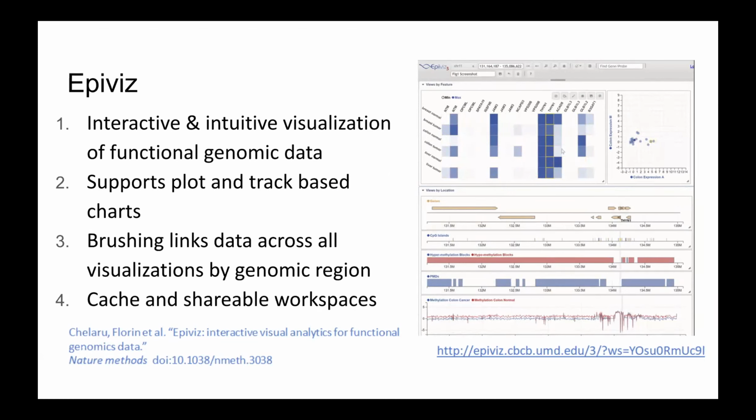On EpiViz, all the data across different experiments is linked by the genomic position. So if you hover over one track, this could be on a heat map as shown in this GIF as an example, it will immediately highlight that region across all the other tracks. This provides you an immediate visual cue of what that region looks like across data sets. And some of these workspaces or profiles that you create as part of the NEMO Analytics platform can be shared within NEMO itself, and you can add them to various profiles. And Brian will show you how you can add the epigenetic panels to various profiles at the end of the presentation.